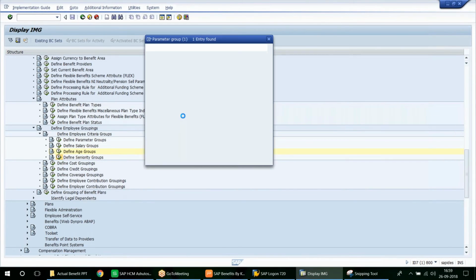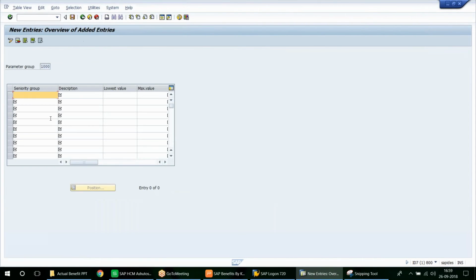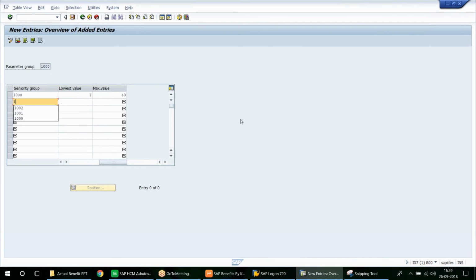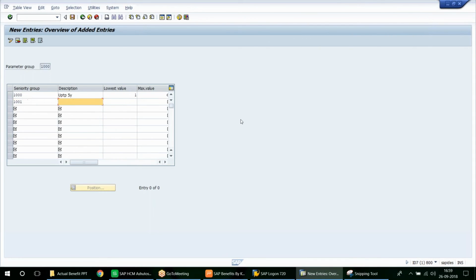So I'll click here on seniority, and I'll select your standard parameter, this detail. Here I'm going to take 1,000, and let me write it as up to people having 5 years of experience. Here I'm going to mention the lowest value and maximum value. In this case, people will be required to pay less. This is the advantage that your company is offering, so that people